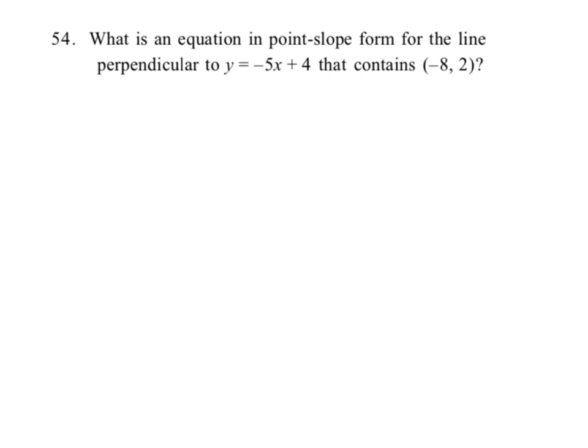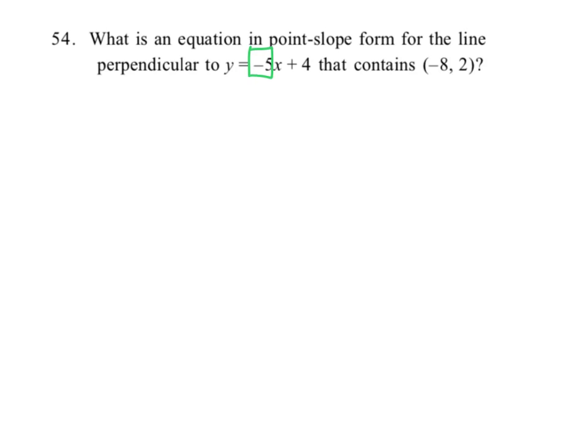Okay, this one's pretty easy. Writing an equation in point slope form for a line perpendicular to the line that they're giving us here, and it contains the point -8 comma 2. One of the convenient parts is that they gave us the line that our line's perpendicular to already in slope-intercept form, so it's really easy for us to examine the slope right here,